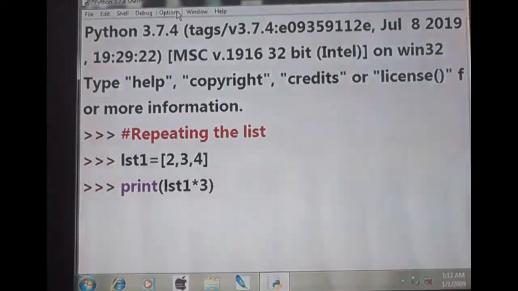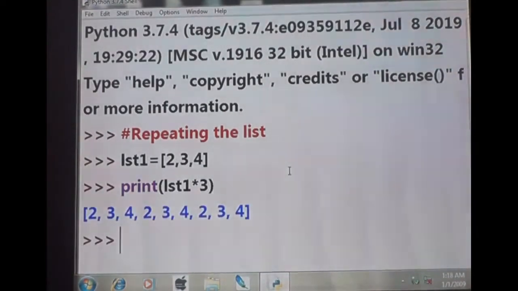If I give enter, what is the output? Come on, tell me. Listen, list 1's value is nothing but 2, 3, 4. If list 1 into 3, what will happen? Very simple: this data will appear 3 times. 2, 3, 4, 2, 3, 4, 2, 3, 4. Since it is star 3, list 1 will appear 3 times.